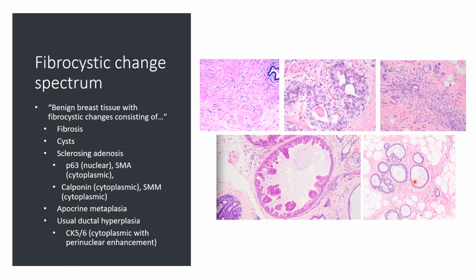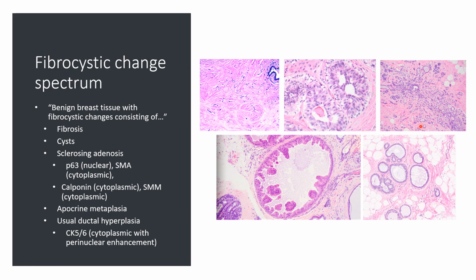But they're just these round cysts with what appear to be kind of cuboidal cells, just a single layer of those. We also may find sclerosing adenosis, which is a proliferation of the terminal ductal unit. And here we see this proliferation, which may be a little bit worrying for something more like invasive carcinoma at